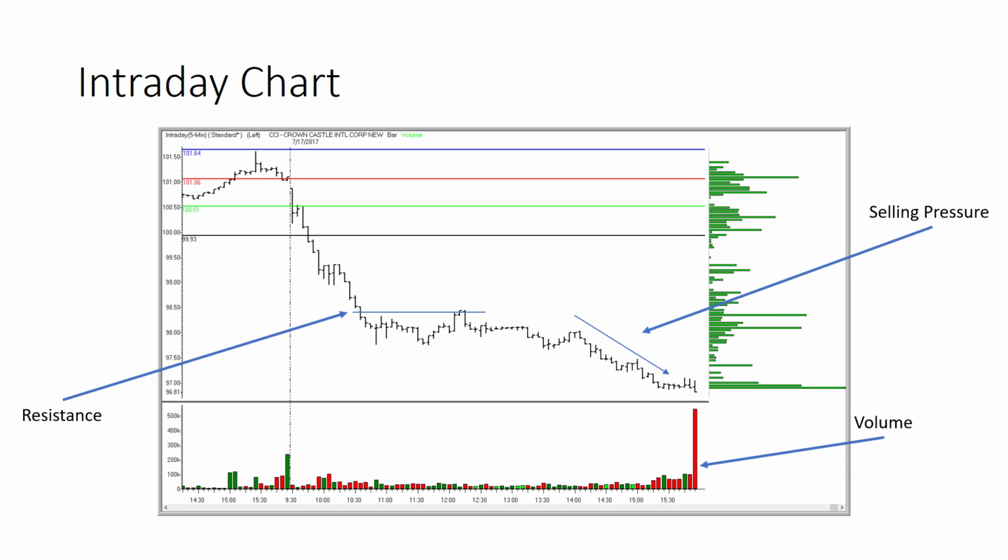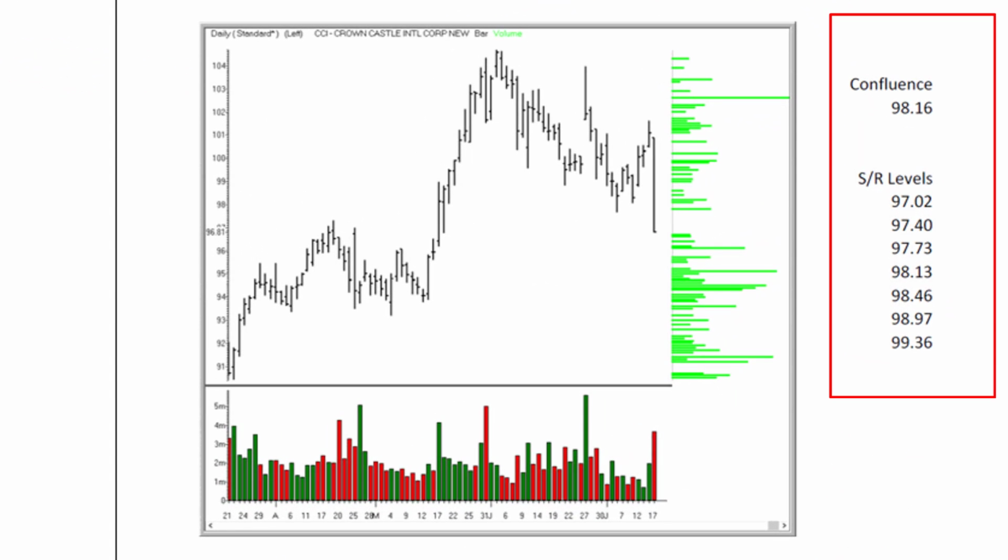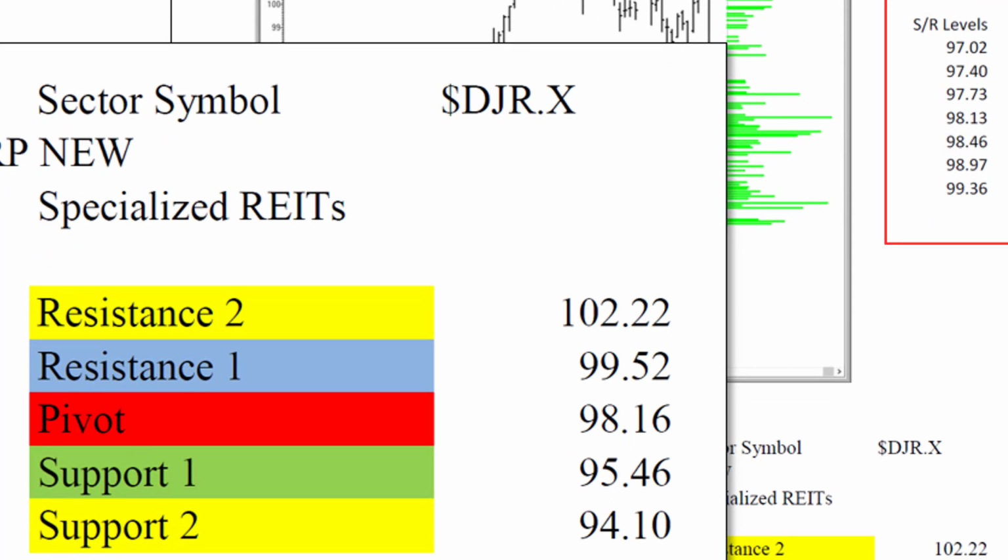Let's look at the trading plan for this one and just see how it was set up. Over on those support and resistance levels, you can see that 97.40 area is a significant support and resistance level that I've outlined on the trading plan here. You can also see that at around $98.16, we're going to see the floor trader pivot for the following day, and that also is very close to the 98.13 level. And if you do the math, if you're a Fibonacci person, then you're going to see as well that the 50% fib retracement is going to be right there at